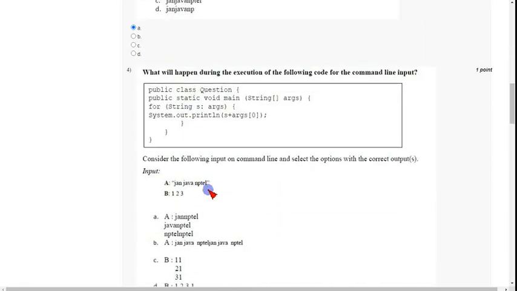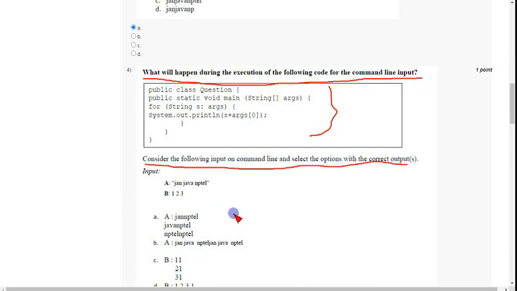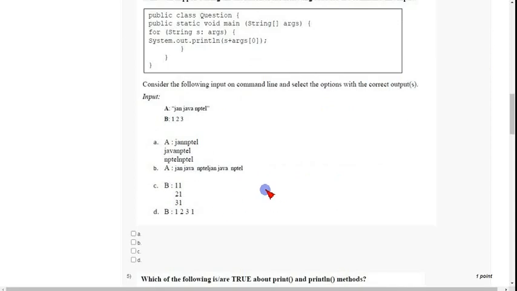Coming to the fourth one, what will happen during execution of the following code for the command line input? Consider the following input on the command line and select the options with correct outputs. They have given some options which include other input options.